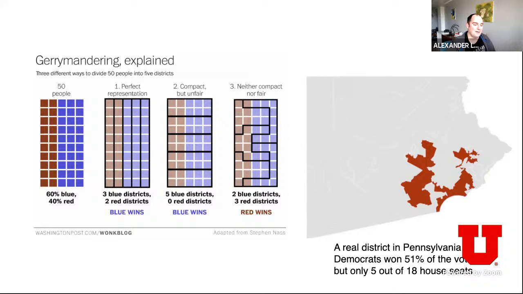If we have a data set of 50 people, where 60% of them are blue and 40% red, there are many different ways we could subdivide these people. We could create a subdivision that gives 3 blue districts and 2 red districts, which is exactly proportional to these individual opinions. That would be one way to do it. But of course, that doesn't necessarily